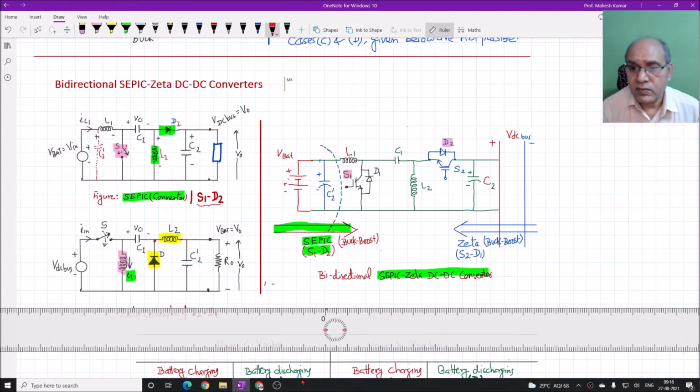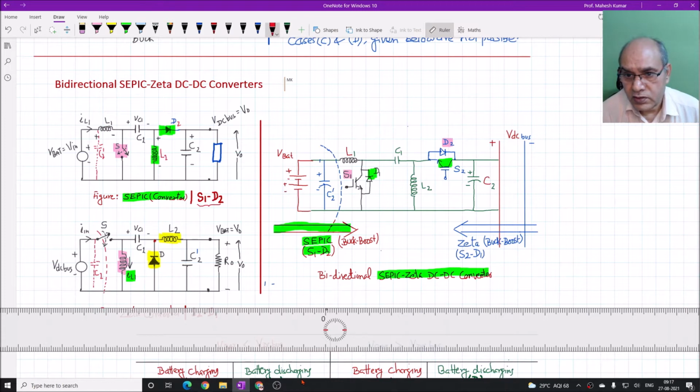Now if we look from the DC bus side, then we see the switch S2 and diode D1 operate. So for this, there is a switch S2, this switch, and diode D1. So you can see, if you look from this side, C2 is part of the DC bus, so C2 can be part of the DC bus itself here. I can put C2 here if you want. Okay, this is C2 and this becomes the side of the DC bus here.